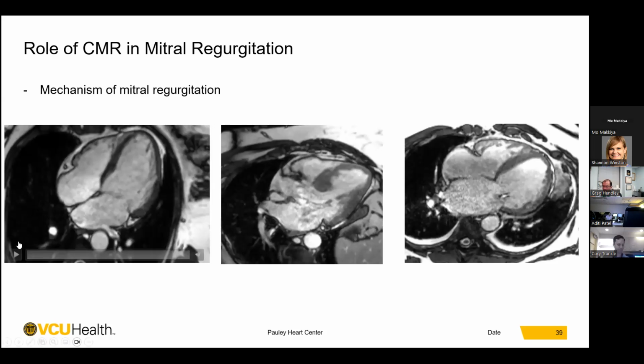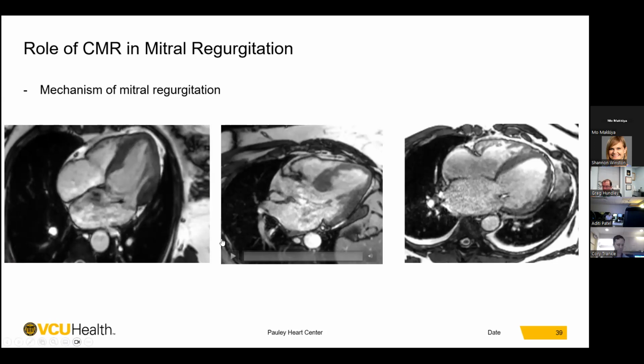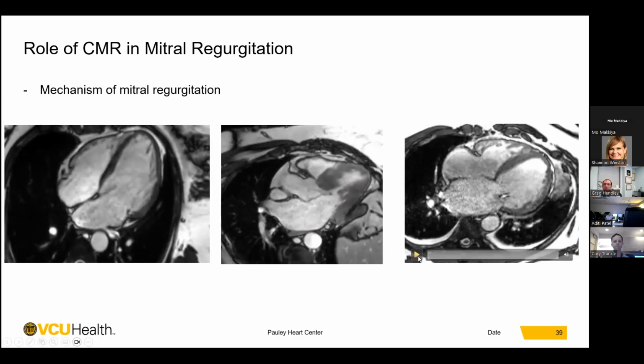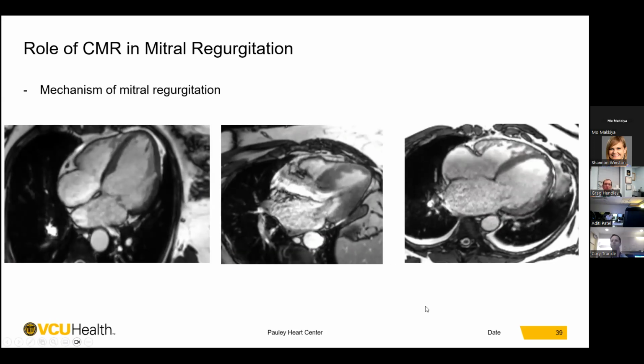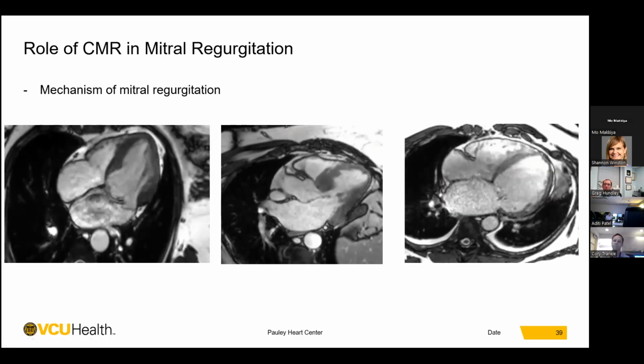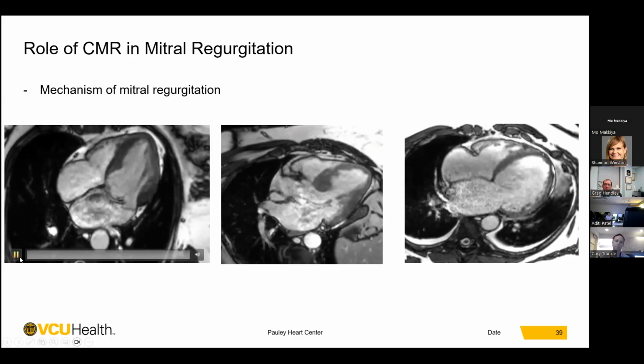Now, here we have 3 cases of MRI. Let me play it for you. 3 cases of mitral regurgitation caused by different mechanisms. MRI can be very helpful